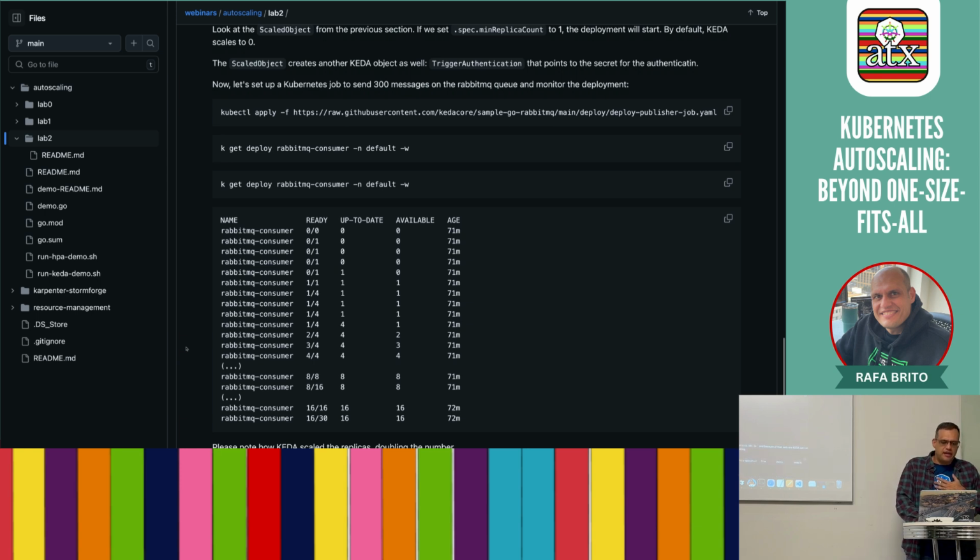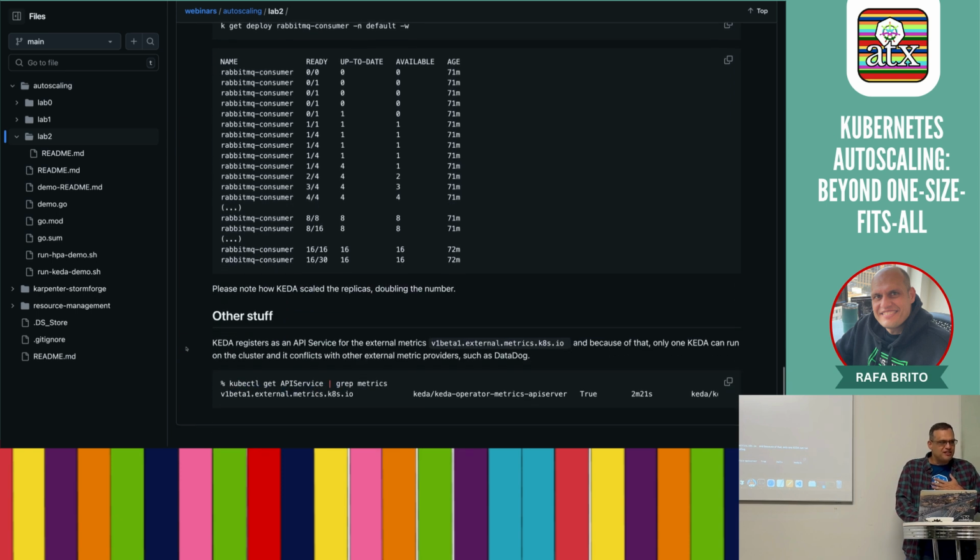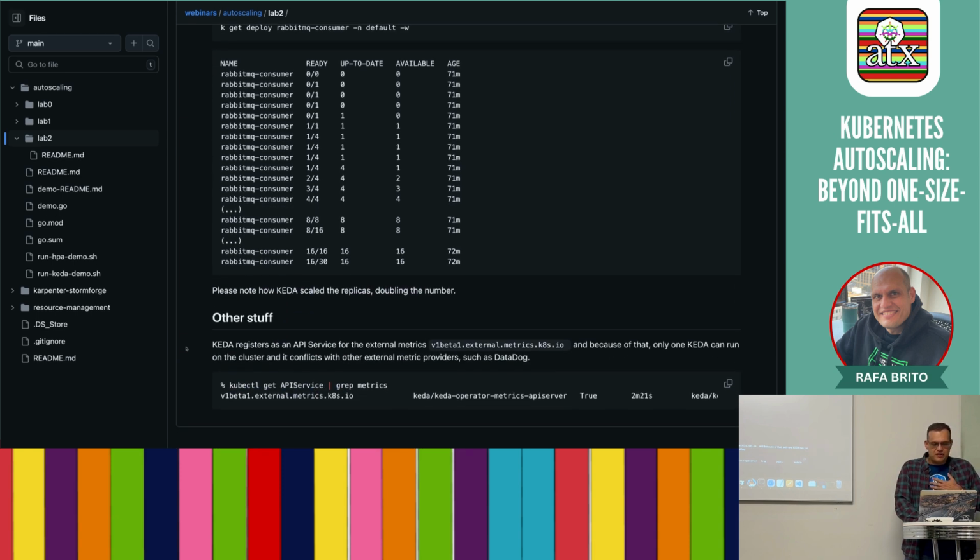And when you install KEDA, it registers the same API service, v1beta1 external metrics. So the Kube API has a placeholder for external metrics. When you install KEDA, it points to the KEDA operator metrics. So you can only have one KEDA running per cluster. That's very important. And apparently Datadog registers with that as well, so you cannot have Datadog and KEDA running at the same time. So I'm a big fan of KEDA,